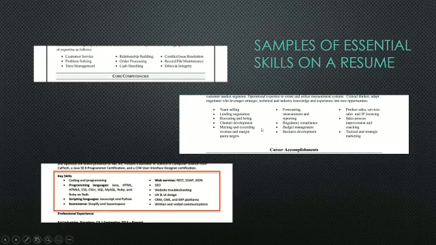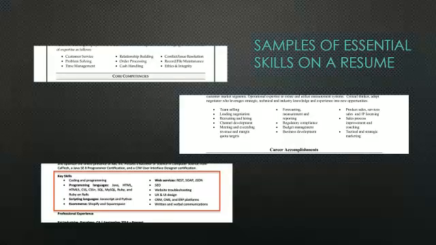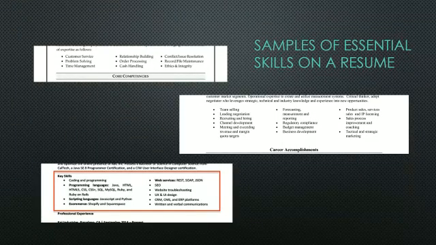This one over here on the right, middle right: team selling, lead in negotiation, recruiting and hiring, channel development, meeting and exceeding revenue and margin quotas, forecasting, measurement, reporting. Looks like a pretty good sales type of resume, or marketing, or something within the business field. So they're really kind of highlighting what kind of essential skills they have. And those are keywords that they probably picked out of the job description. So they just plug them right into the resume, and that algorithm's going to pick that up and float their resume to the top. Those are things that we have to be aware of.